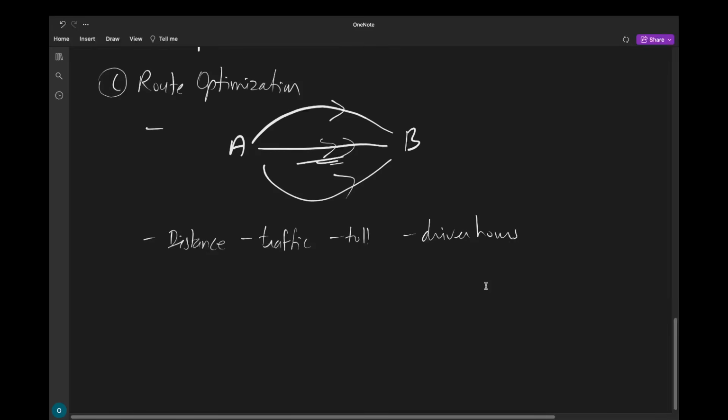And for multi-stops, what is the optimal sequence? If from A we want to deliver something to B, C, D, E, so if we are creating a multi-stop, one way is to go A to B to C to D to E, right? Another way may be A to C, then B, then D, then E. So like that, there might be various routes for multi-stop.